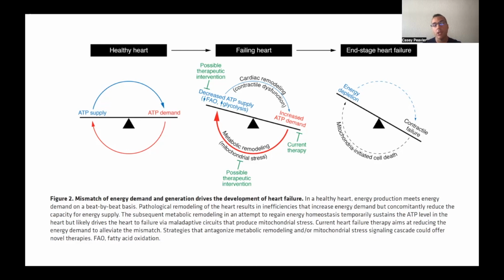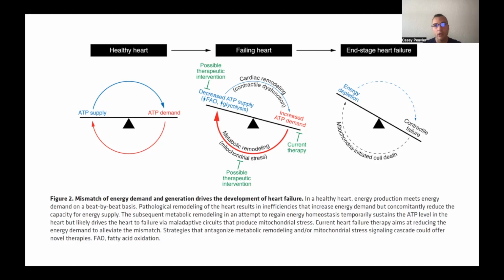Sometimes when they're really bad, when we're looking at an end stage situation, you have basically complete energy depletion of the heart and contractile failure, where you can hardly be in bed or do general activities that a normal person would be able to do: get up, stand up, go to the bathroom, go to the kitchen to make yourself some food. Even that is too much of a chore for the heart at that point. And that's when you're at a really high risk for mortality and death.